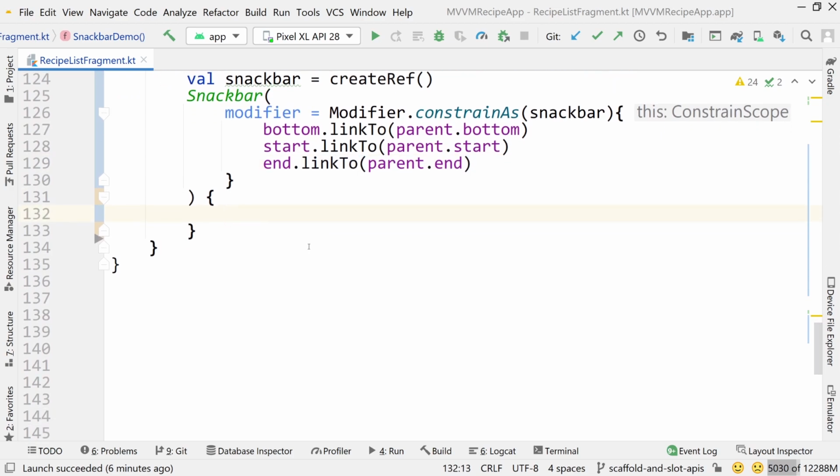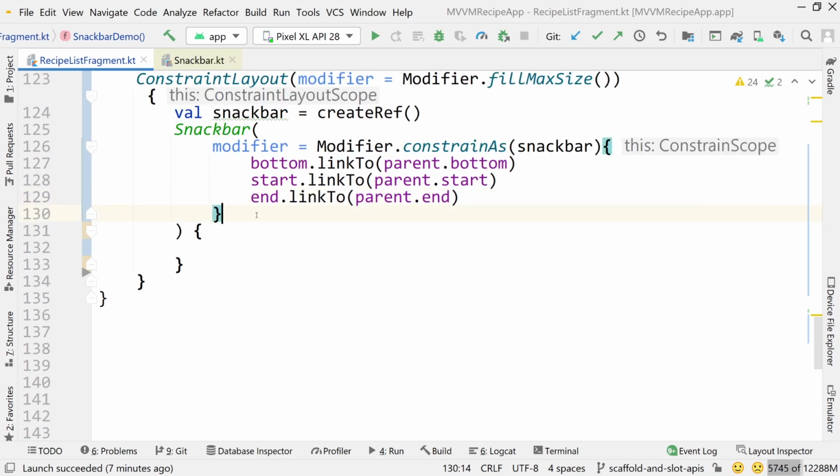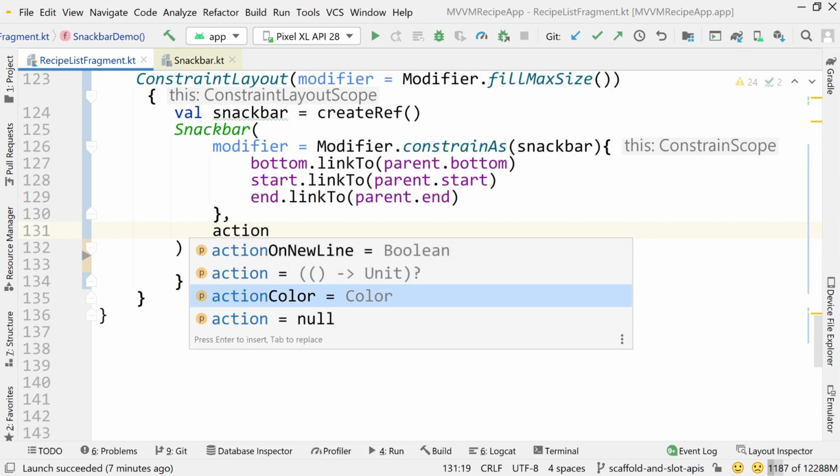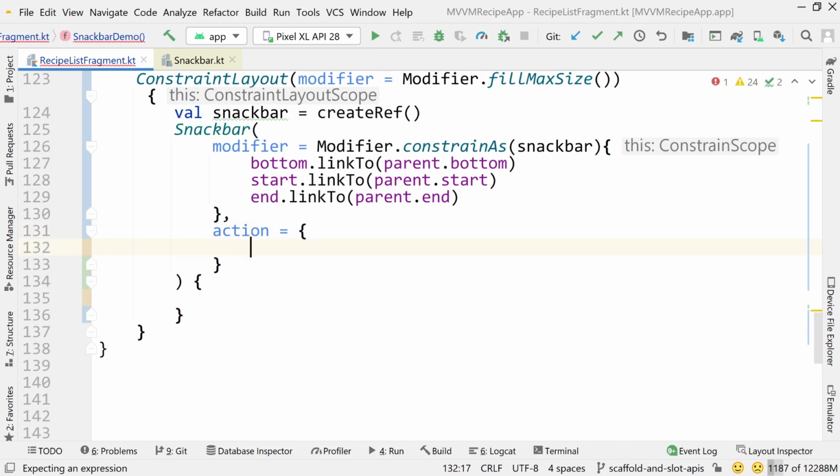And now let's work on the actual snack bar. Let's look at the action property. So do action, it takes a composable as a function. So I'm going to add some text here and say, hide, and then go to the next line and do,